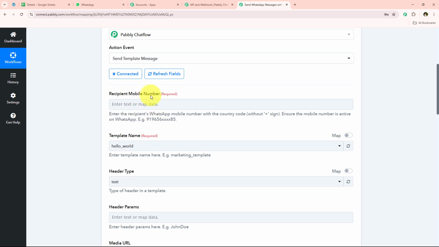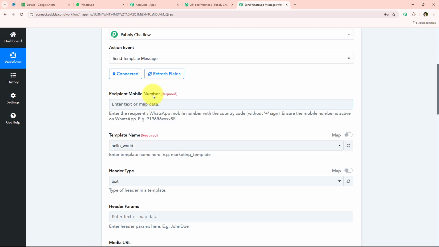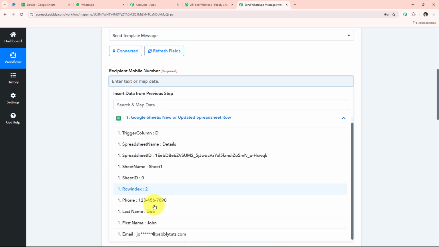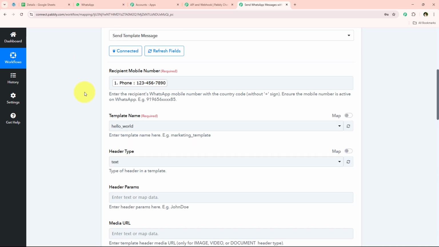And now it is asking me for the recipient mobile number. So I'm simply going to enter the recipient mobile number right over here, but we're not going to enter it manually by typing it like this, but instead we're going to map it. So you must be wondering what is mapping. Mapping is a method by Pabbly which means inserting the data from the previous step. And as you know, our previous step was the trigger step where we selected Google Sheets as our trigger application. So we're simply going to map the details from the response of our trigger application only. And as soon as we map these details, automatically my details will turn dynamic and change with every new response received. So I'm simply going to map the mobile number right over here,